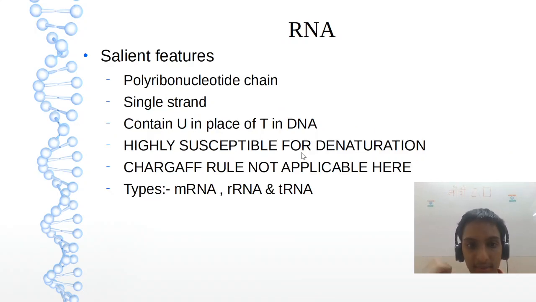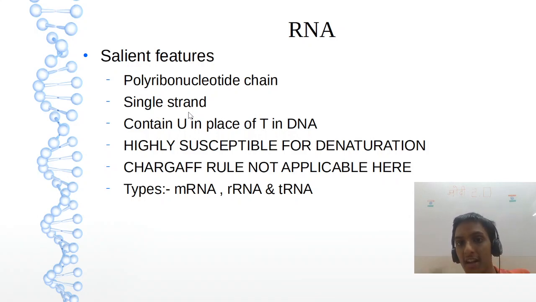Let's see the RNA. So what is the difference between DNA and RNA? Single oxygen group. That's all. That is why here you are seeing polyribonucleotide. Single strand will be there. Coming to the base pairs, in place of thymine, uracil will be there in RNA. Please remember this difference. It may be asked in Viva.